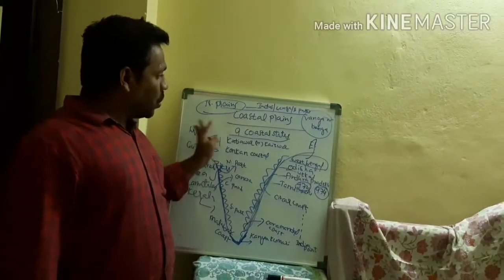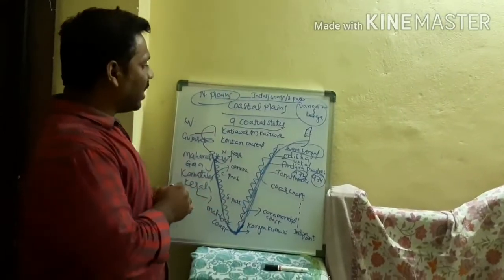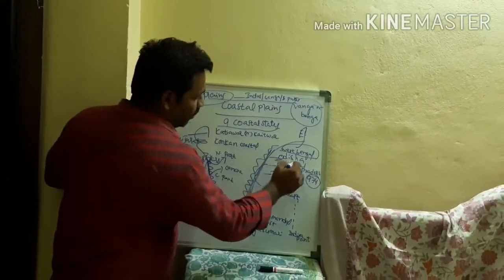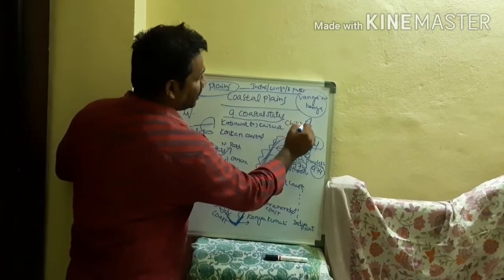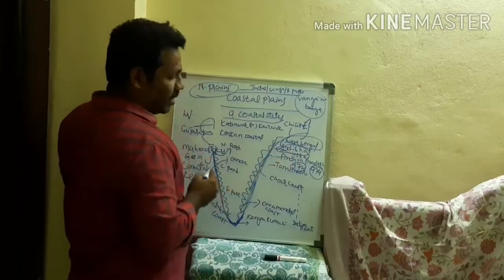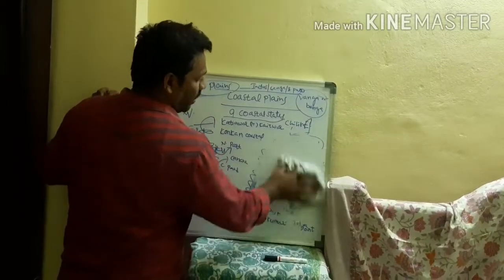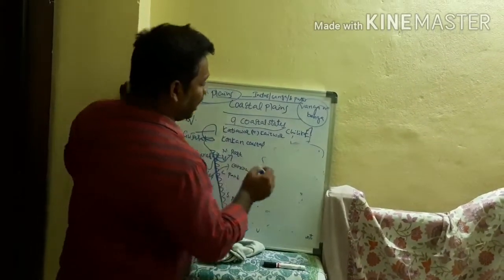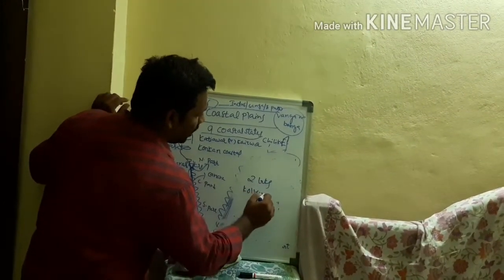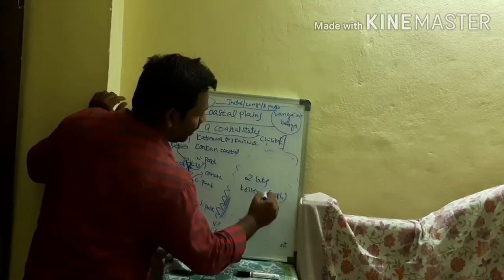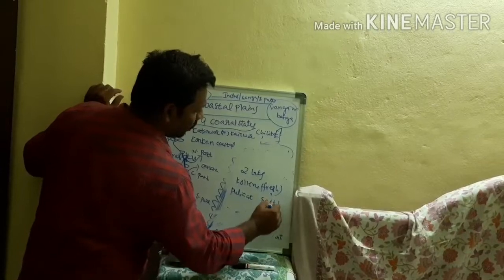And next, the coastal zones are also very rich in fishing. We can find a few lakes in our country. For example, here we can find Chilika Lake in the Odisha state. It is a salt water lake. And coming to AP, we have two lakes. One is Kolleru, which is a fresh water lake. The other is Pulicat, which is a salt water lake.